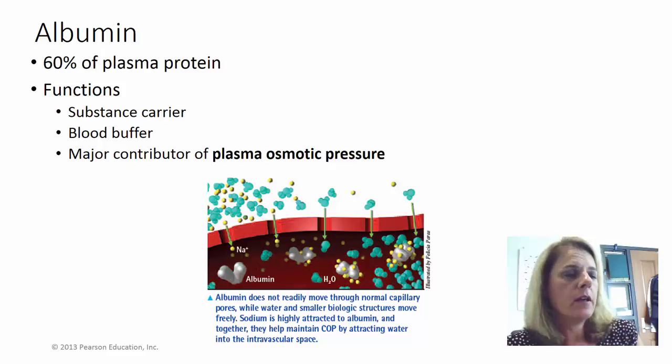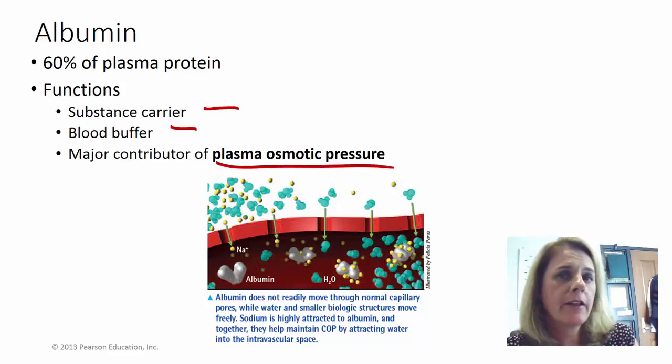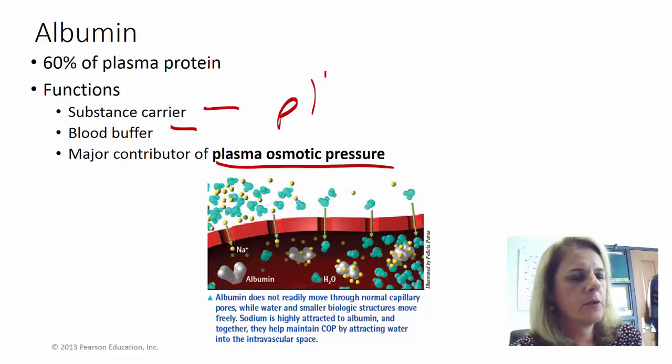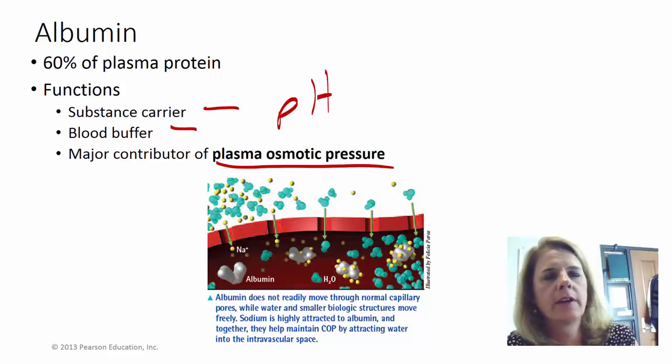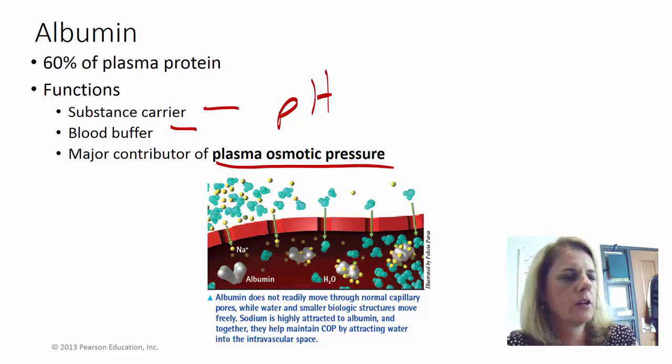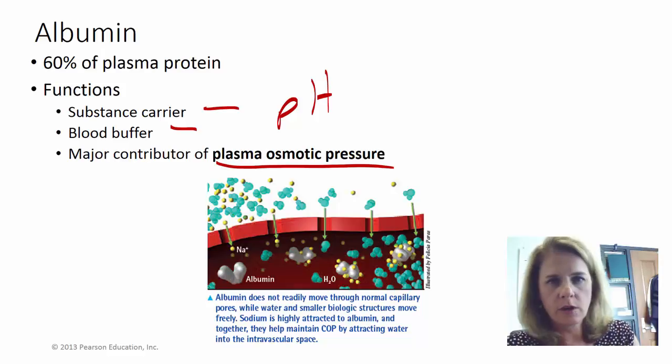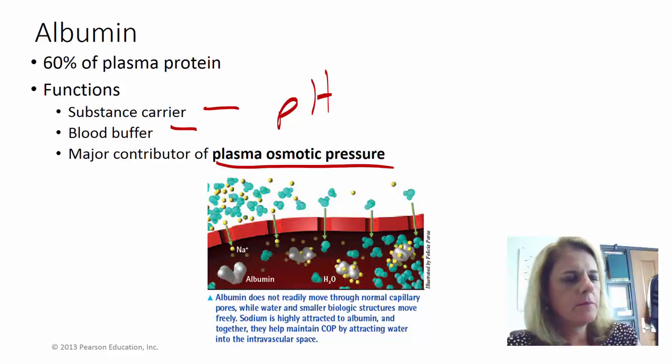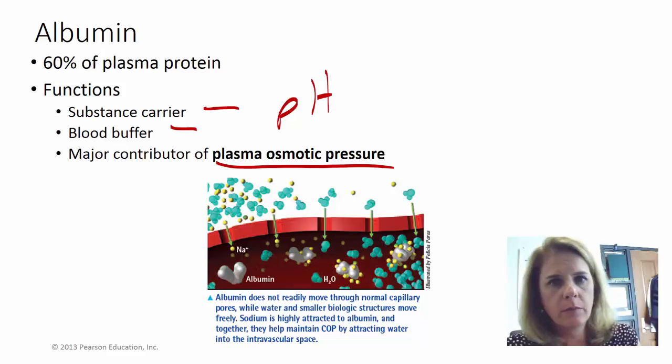So the albumin is 60% of your plasma proteins, and it has 3 functions. It is a substance carrier, it's a blood buffer, and it's the major contributor to plasma osmotic pressure. So things can be carried on it like a taxi, so it can carry things throughout the blood. When I say it's a blood buffer, this has to do with pH. It helps to buffer the pH and keep your pH normal. And then we'll talk more in detail later, it plays a major role in plasma